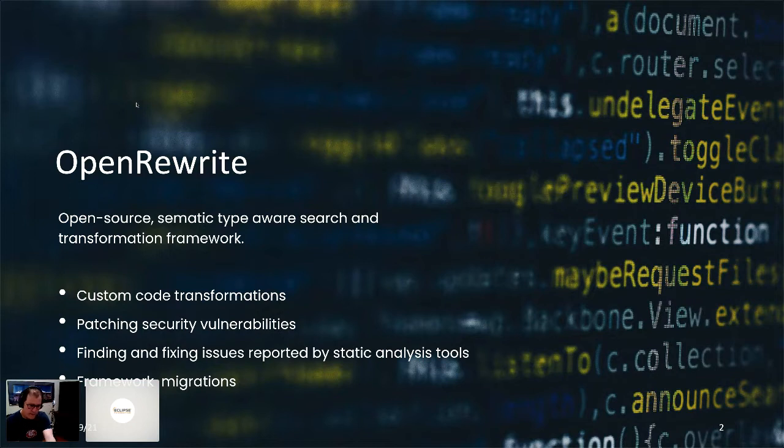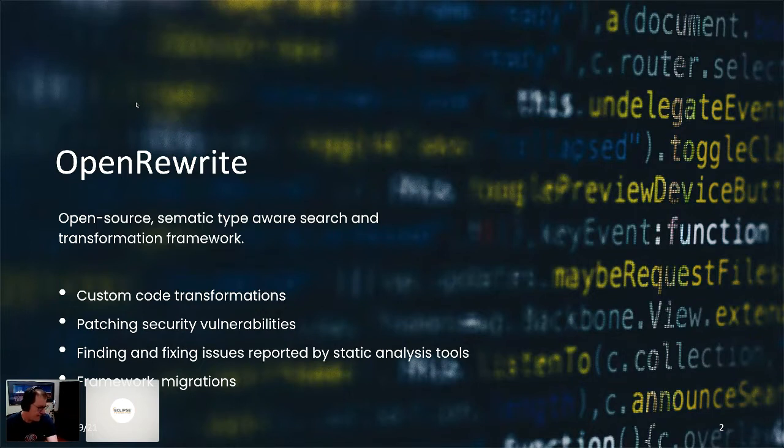So a couple of things that it can do. Obviously, it can take code that typically you wouldn't be able to handle with something like regular expressions and transform it. It can also be used to patch security vulnerabilities. So think if a CVE comes in, there are a lot of tools out there that will detect that you have a security issue. Open Rewrite can find and actually auto-remediate those things using what they call recipes.